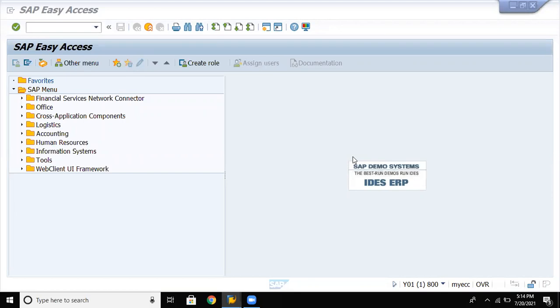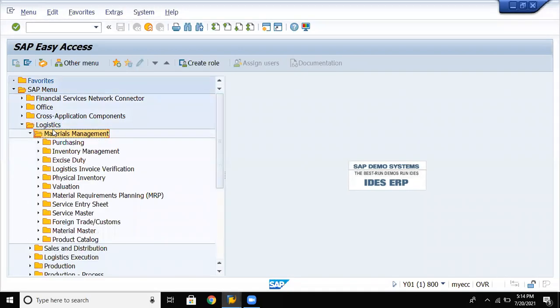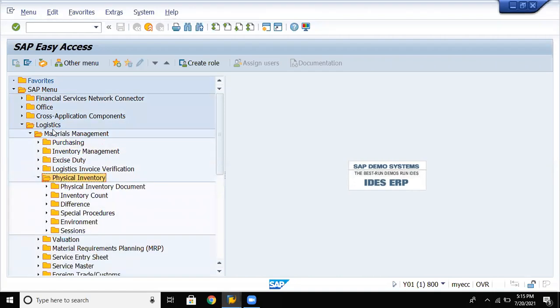Today, we will be learning about SAP Materials Management Execution Concepts, nothing but the end user part of SAP MM. So let us get into the SAP Easy Access screen. SAP Easy Access, Logistics, Materials Management. So we were doing the fiscal inventory,